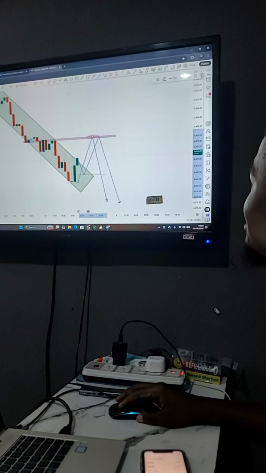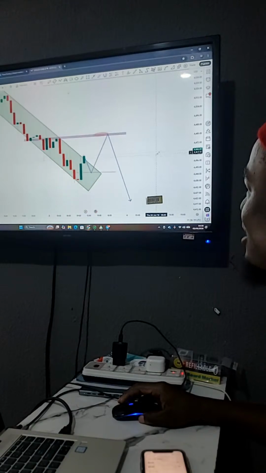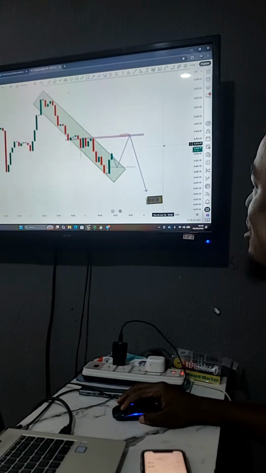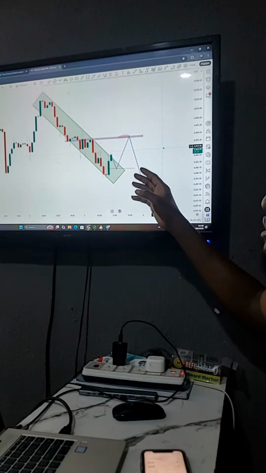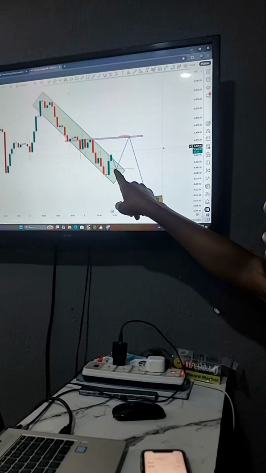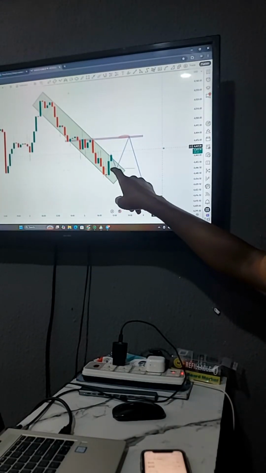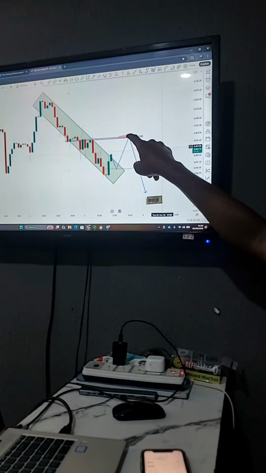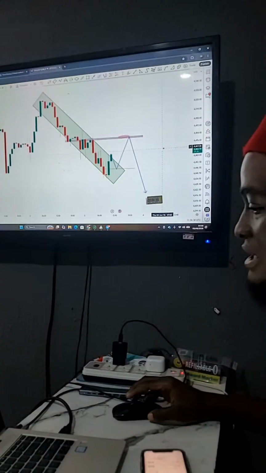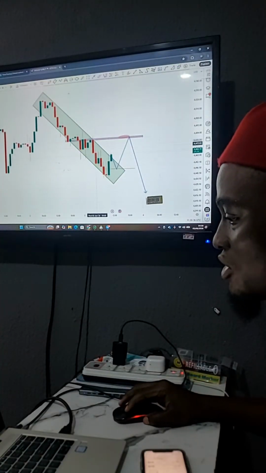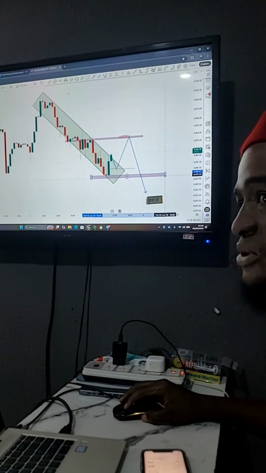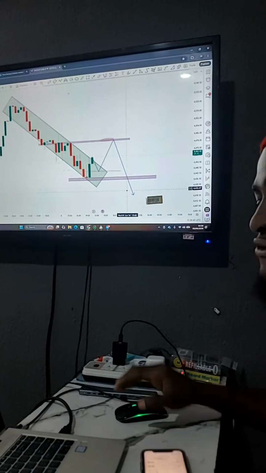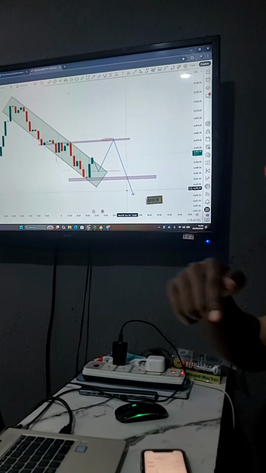So I will not delete this analysis like this. I want this one to remain like this because we are always going to be referring to the analysis. I want gold to come down to this place, pick some buyers here, come to this place, then towards maybe 2 o'clock, 3 o'clock, gather momentum and continue the sell. Then at the end of the day, make it go break below this support. Now for our first trade this morning,